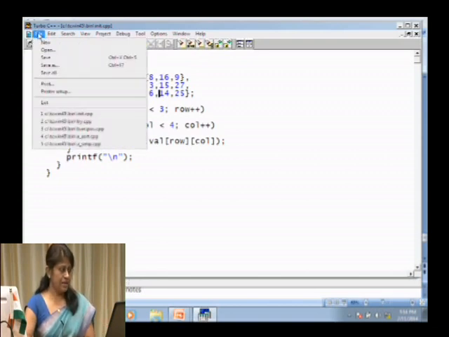Now let us go into a more complicated program, say for example, given a matrix, we need to print the transpose of the matrix. What is a transpose of a matrix? It is nothing but the rows and columns being interchanged. Say for example, you have been given a 2 cross 3 matrix, then you end up with a 3 cross 2 matrix as its transpose, and all the array elements are shifted likewise. So, for that